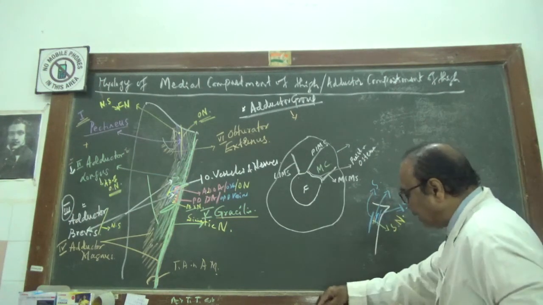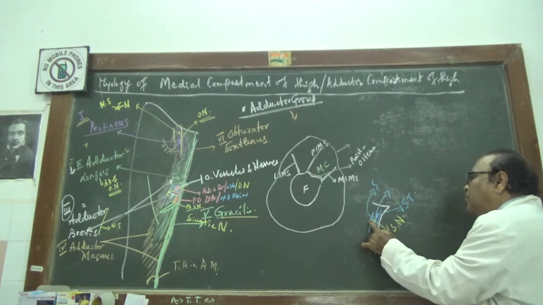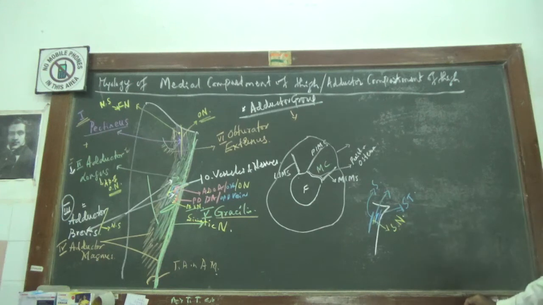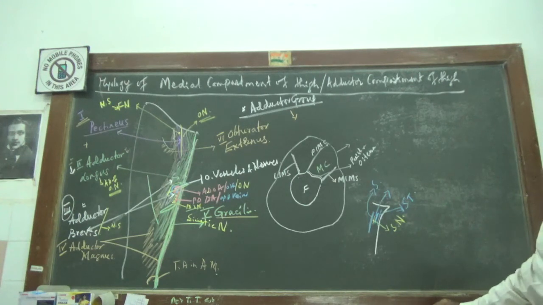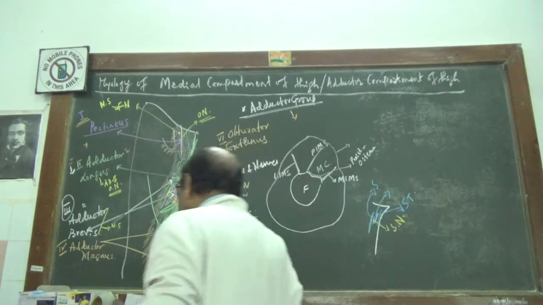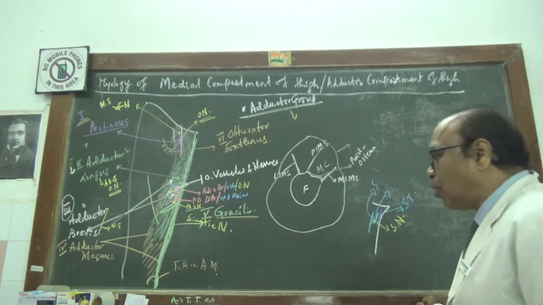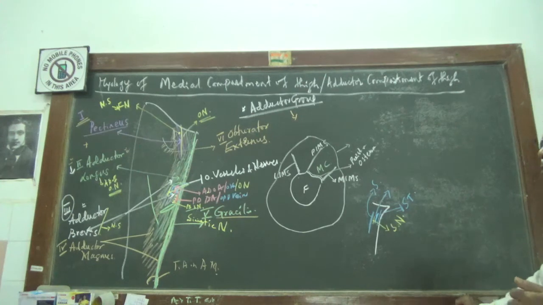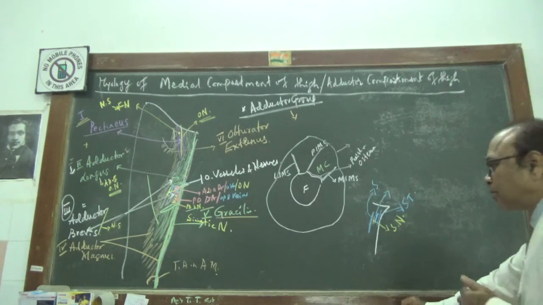So in front and behind at the point of insertion, in front there will be the insertion of the sartorius and the saphenous nerve. Behind you have the insertion of semitendinosus. So this is the relation. Nerve supply for this gracilis is by the obturator nerve. Not only the anterior, but a few fibers of the posterior division of the obturator nerve also supply. Now the action of this gracilis: as this muscle belongs to the medial compartment, it does adduction and medial rotation.